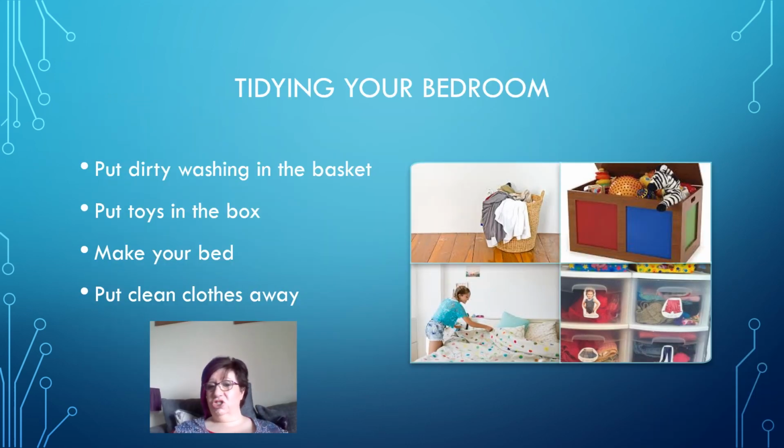Okay, so again, just another quick visual in a different way that's showing a child what they need to do with regard to tidying a bedroom. So this is: put your toys in the toy box, put your washing in the basket, make your bed, and on the drawers in the bottom right hand corner, sometimes we might put the picture of the actual item of clothing that goes in that drawer. That can be really quite good for kids who don't have that ability to visualize.